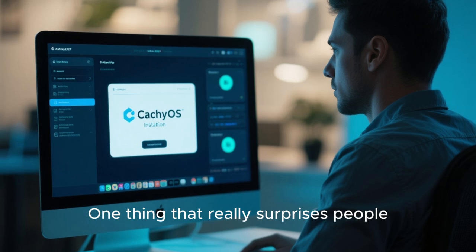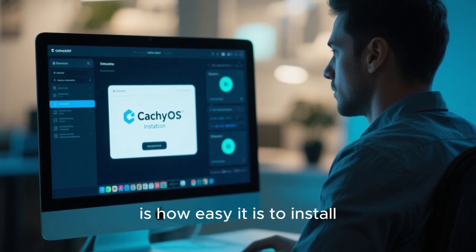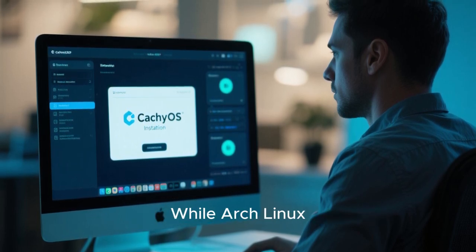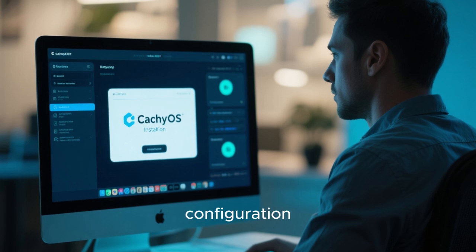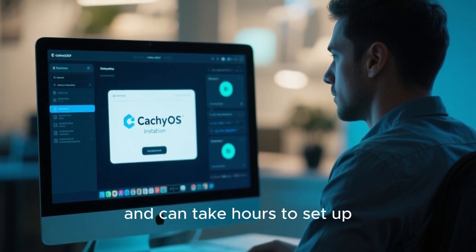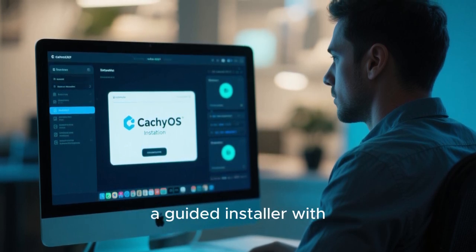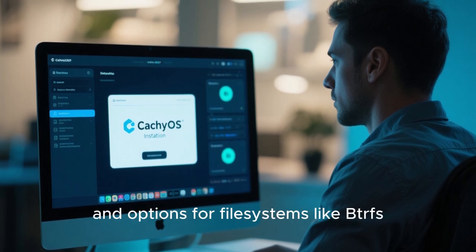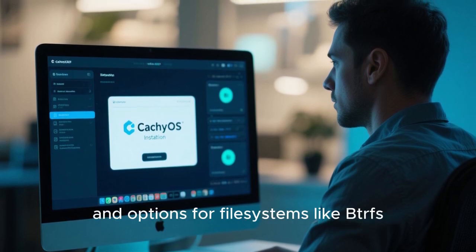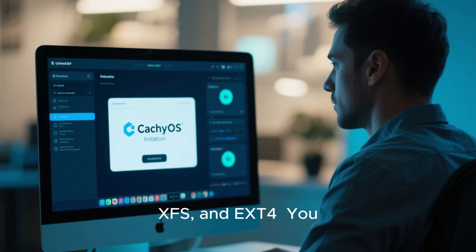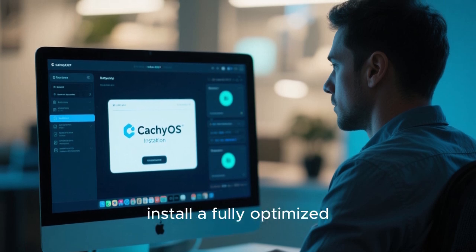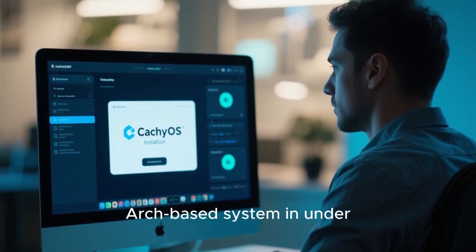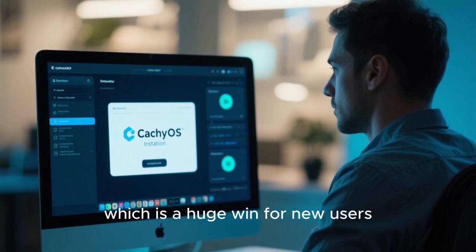One thing that really surprises people is how easy it is to install. While Arch Linux typically requires manual configuration and can take hours to set up, CachyOS offers a guided installer with automatic driver detection, pre-configured desktops, and options for file systems like XFS and ext4. You can literally install a fully optimized Arch-based system in under 10 minutes, which is a huge win for new